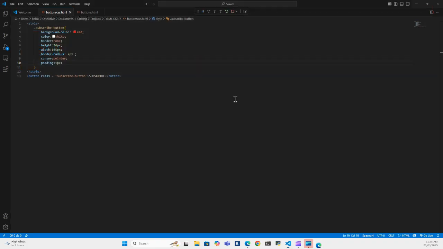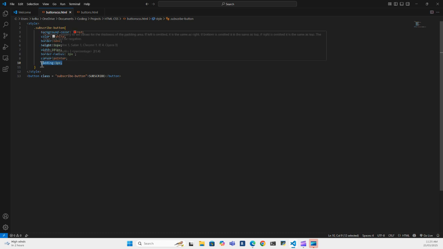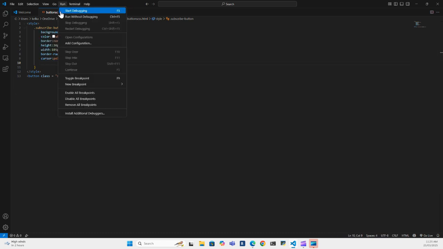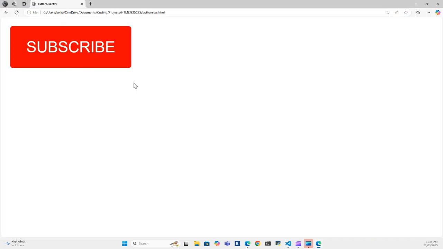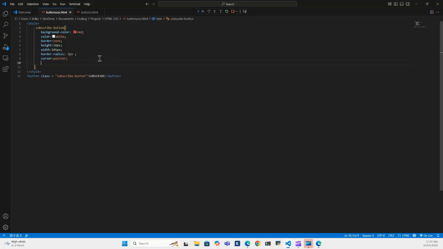Of course, without the padding, the button will look something like this. Let me just run it. Yep, the button looks something like this. You understood the difference? No, right? Yeah, exactly. You won't understand the difference again because the padding property has